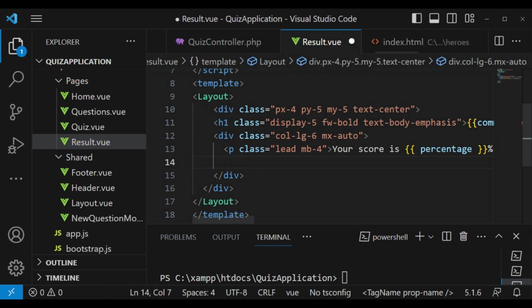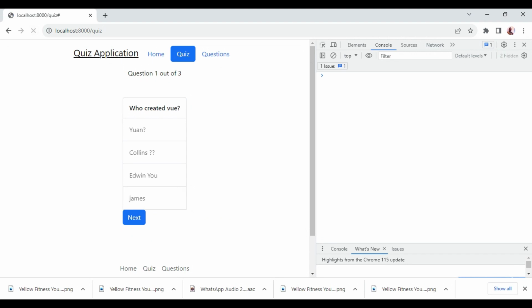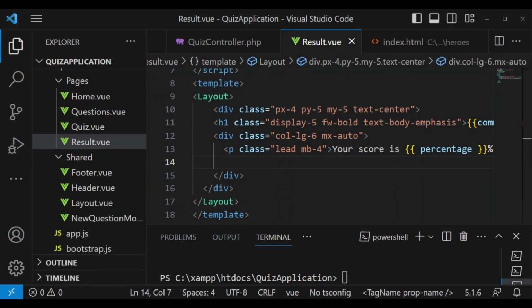This one, yes, I think that one is good. And now I was having an error, now the error is not there,